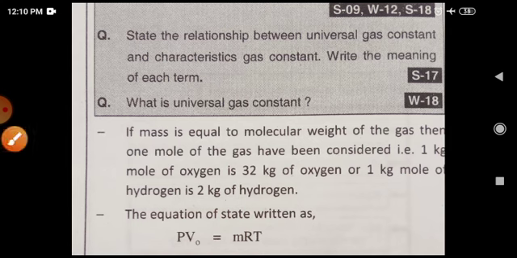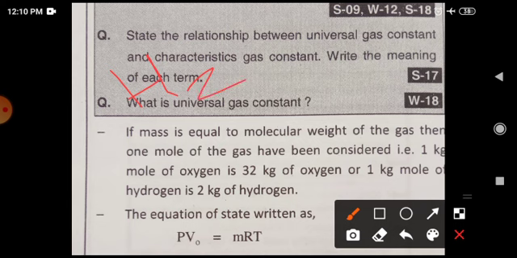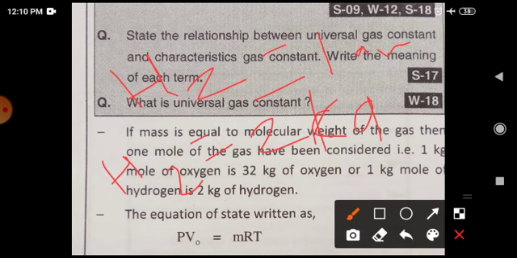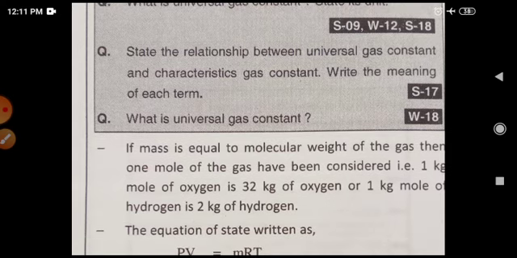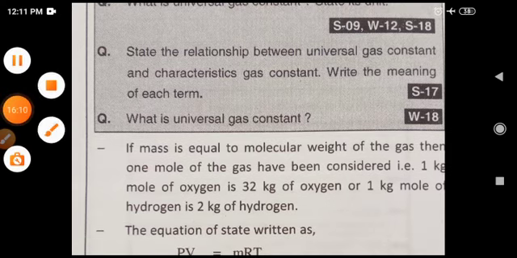Hydrogen occurs in the form of H2. Hydrogen has its weight as 1 atomic unit. Therefore, the molar mass of hydrogen is equal to 2 kg. You just have to consider the molar mass in terms of kg, and then you get the molar mass of that particular gas or any compound.